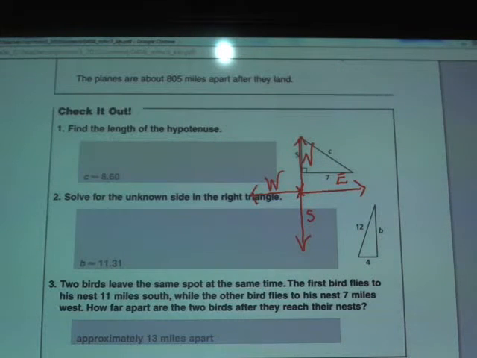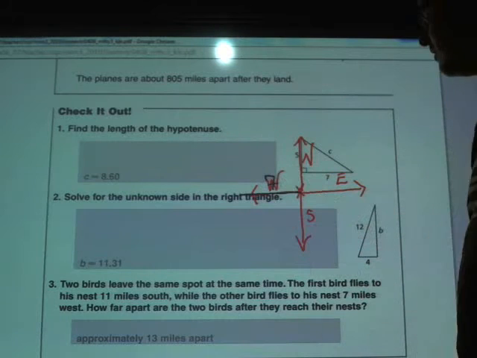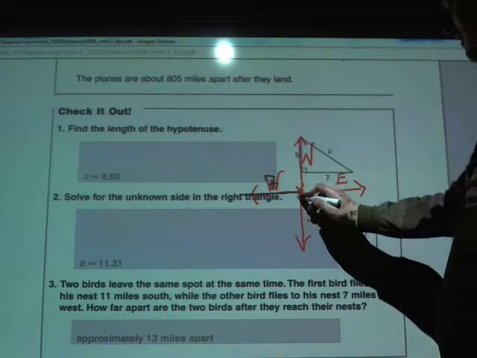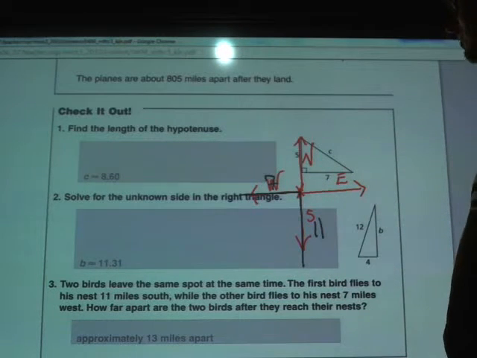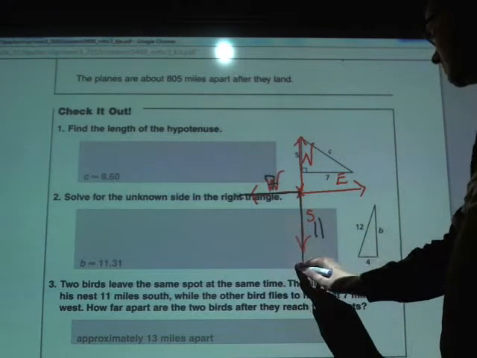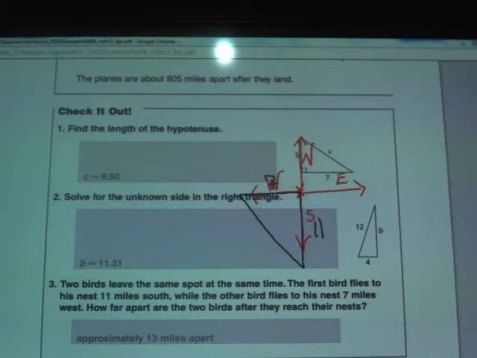So he's going to start at the middle and go 7 units to the left, or 7 in the westerly direction. Bird B, on the other hand, he's going to go south. He's flying from the same location, 11 units south, 11 units down. We're supposed to figure out how far the 2 birds apart are now once they reach their final locations, their final nest. So just like the plane question we had earlier, the glider question, when I connect those 2 points,